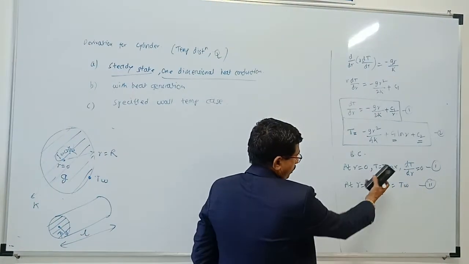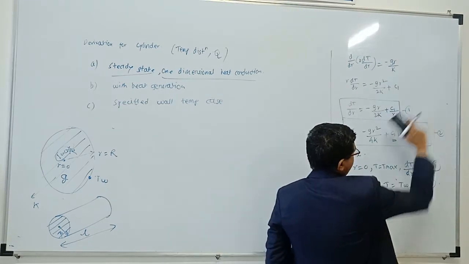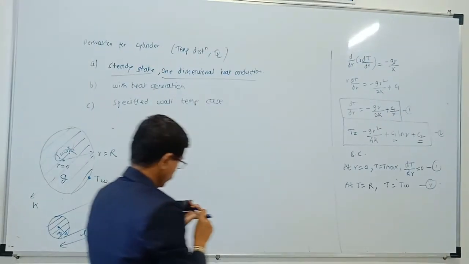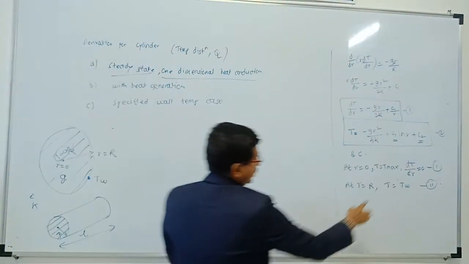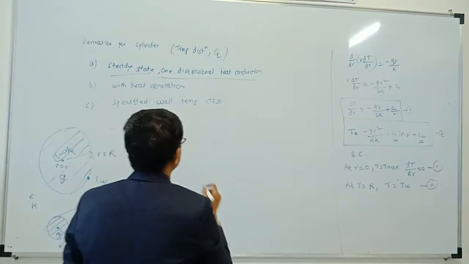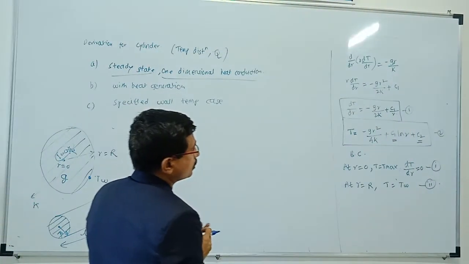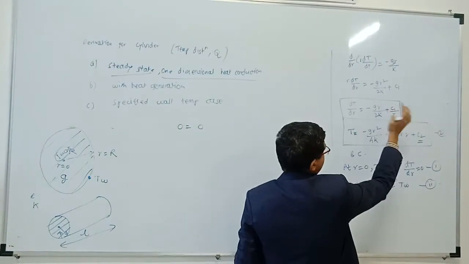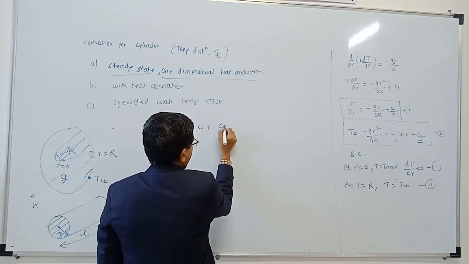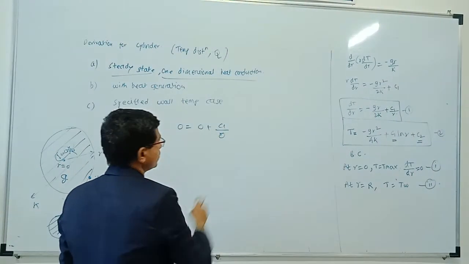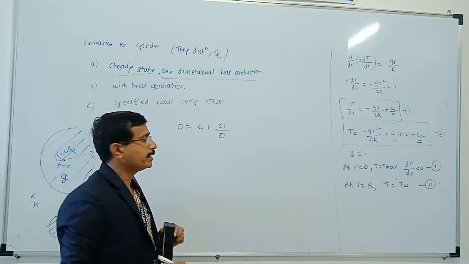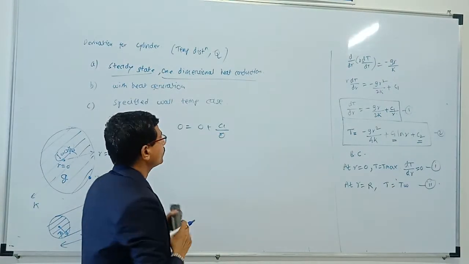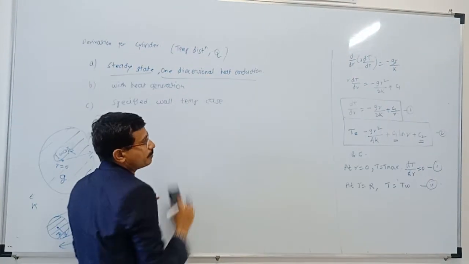So put it. This first boundary condition I am putting in the first equation. Why? Because dT by dr is given. So tell me what is going to happen. dT by dr is 0 is equal to r is 0, anything multiplied by r is 0 plus C1 by r, and r is 0. तो आप बोलेंगे सर anything by 0 is what? It is an indeterminate quantity. तो आप बोलोगे सर C1 is indeterminate? No. This equation we can't solve mathematically.